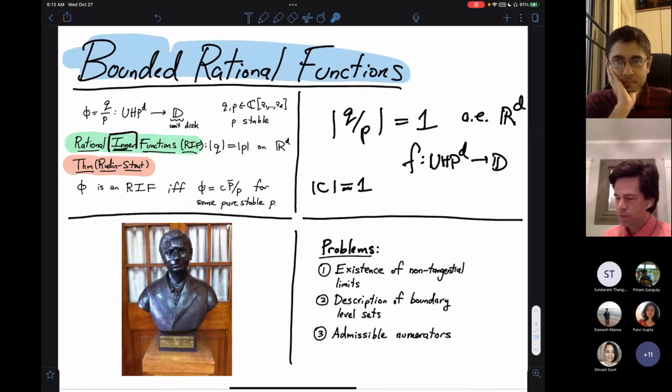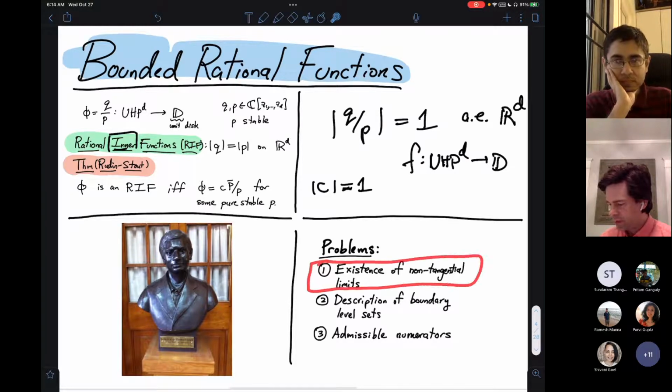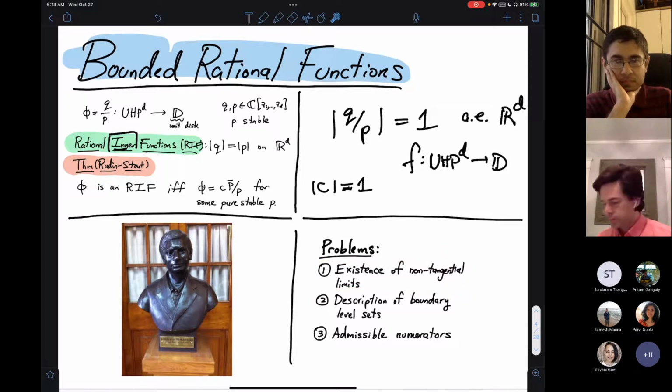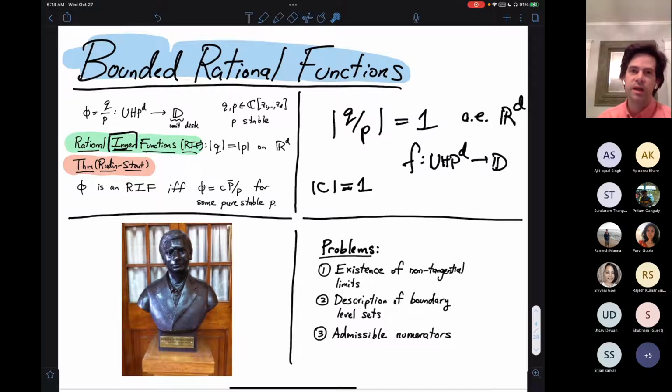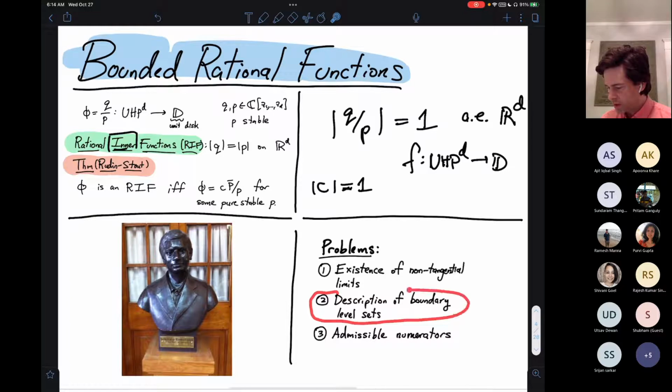And so some of the problems that we've studied in this paper and also in previous papers are existence of non-tangential limits at the boundary of these functions. You could, of course, study these issues for just analytic functions in general, but rational functions make it an interesting mix of algebra and analysis. We've also looked at descriptions of boundary level sets of these functions, and then an interesting problem that maybe I didn't realize was a problem until recently is